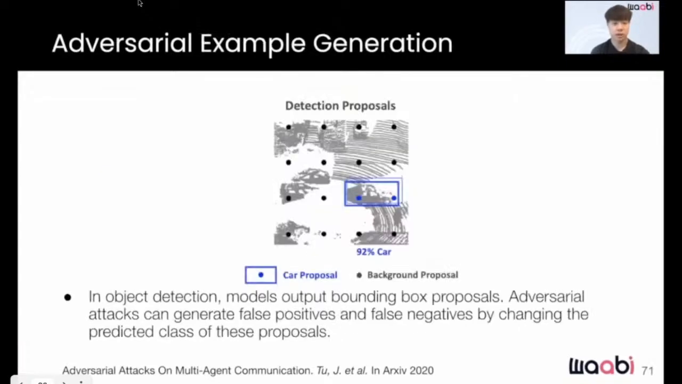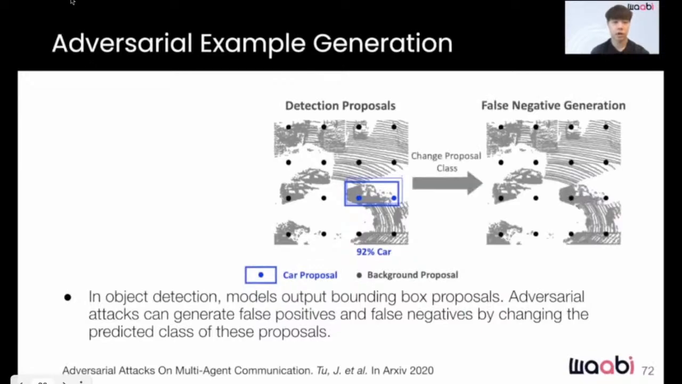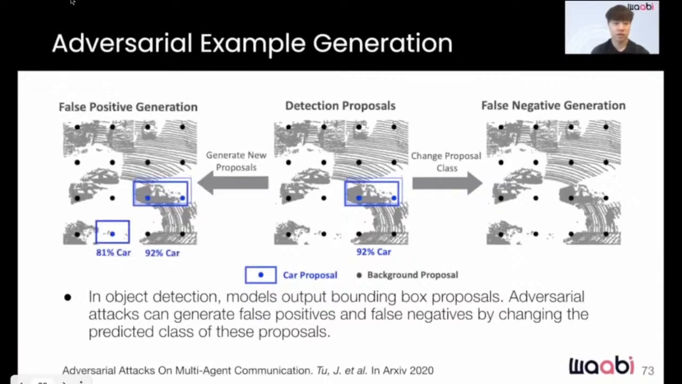Again, our goal is to attack object detection, where detectors output proposals composed of a bounding box, class, and confidence score. Here, an adversarial message is crafted to attack all detections in the same scene instead of just for a host vehicle. We can attack the output by changing the class label of these proposals. We can create false negatives by changing classes of detected objects to background class to make the objects disappear. On the other hand, false positives can be generated by changing background classes to an object class to make the